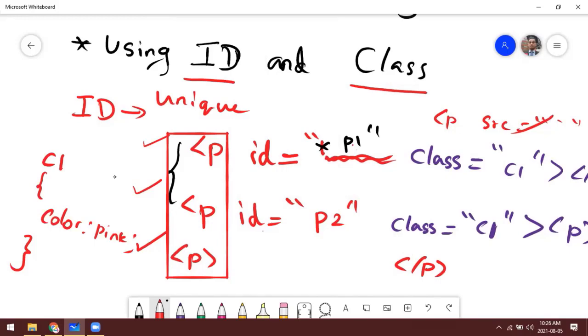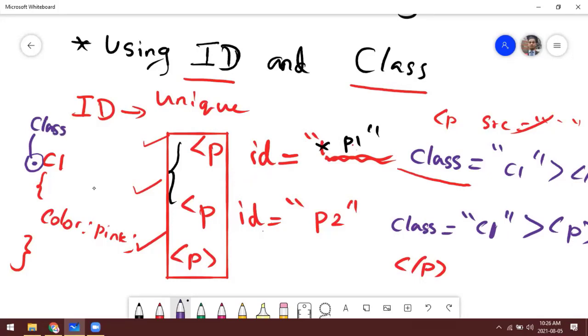Now C1, it doesn't know what it is. What is C1? Now, if you want to reference a class, before the class name you have to use a period, or in our usage, dot or full stop. Here use dot C1. Now this means it will reflect that it's a class.